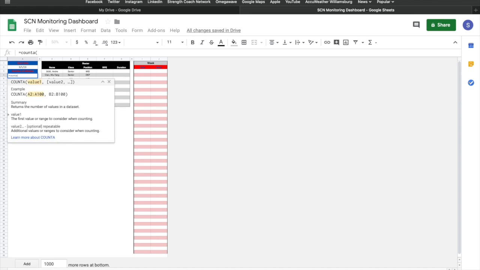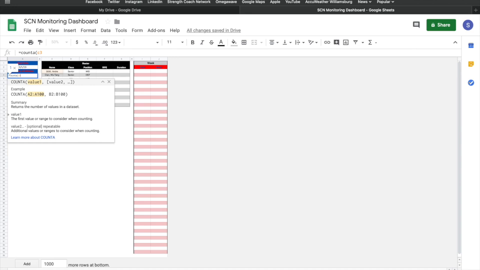Now, when you get to referring to your cells, and we'll talk through this with a lot of our other formulas, you can either use what's called an absolute reference or a relative reference. An absolute reference is the usage of the dollar signs in front of either the row, the column, or both the row and the column to lock a cell reference down. So because I'm not dragging this formula anywhere, I'm going to go ahead and just use a relative reference because it does not matter. So I'm going to type in C3,